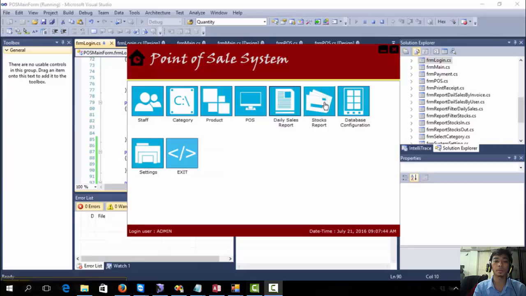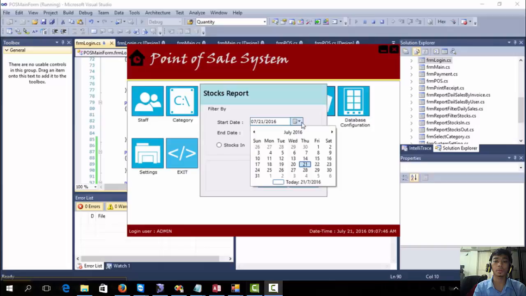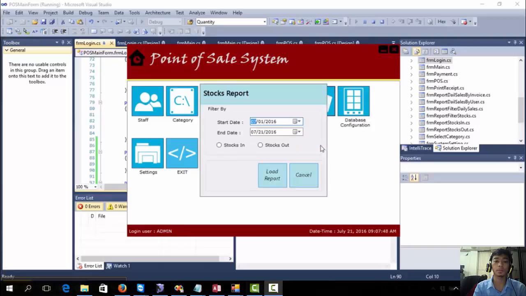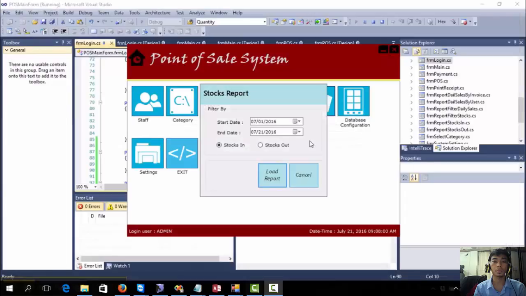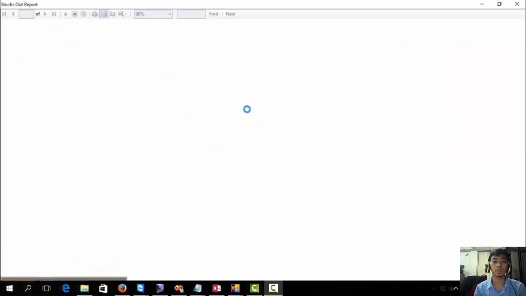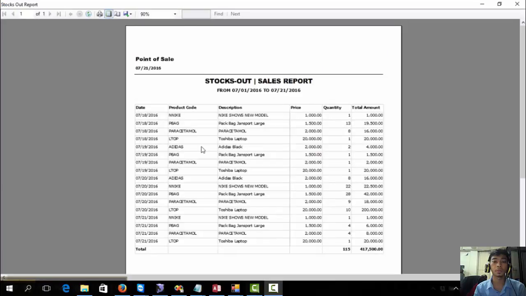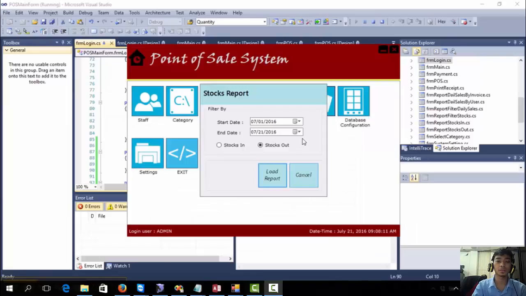And also stocks. Here you can select a starting or end date and select which report, stocks in or stocks out. I'll first select stocks in. This is a sample of the report, the stocks in and the stock out, or the monthly sales, or the stock out sales here, the products. As you can see here, the option here in the new